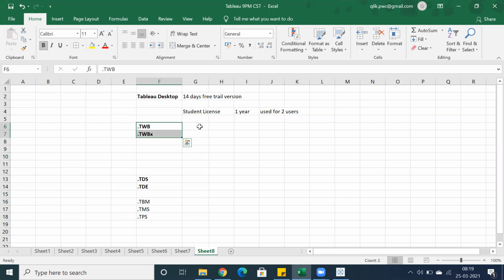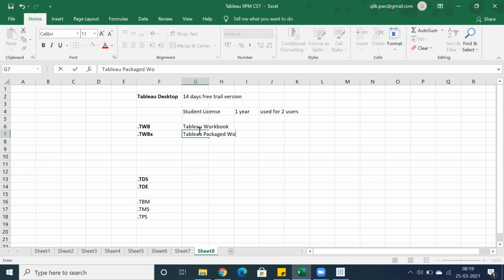The .twb is the Tableau workbook, and .twbx is the Tableau packaged workbook. What is the difference between a Tableau workbook and a Tableau packaged workbook? That's important. And this is the connection information. I'll tell you what .tds is.